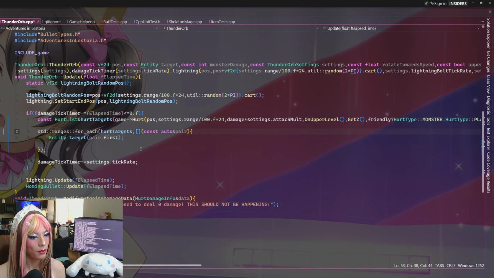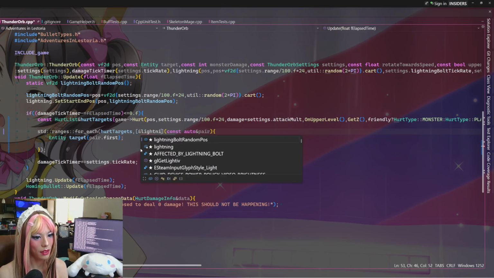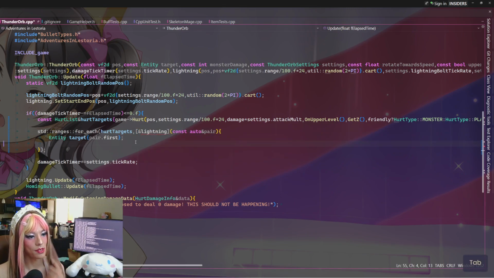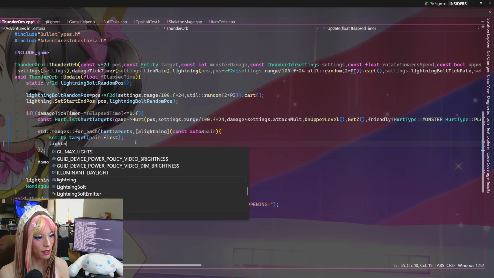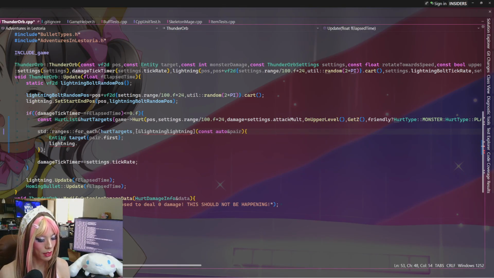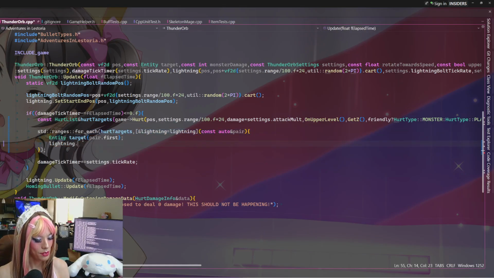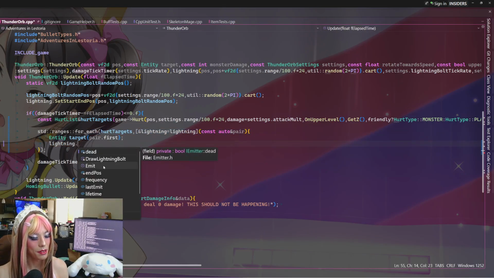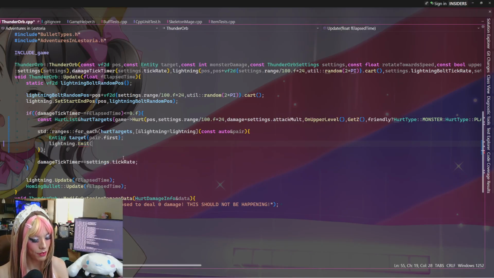So we need to pass in lightning, which is the emitter, and say lightning dot emit. At least, oh, I have to do lightning equals lightning. So lightning dot emit. There's also draw lightning bolt, but that's just the draw function. Emit, and we have to specify